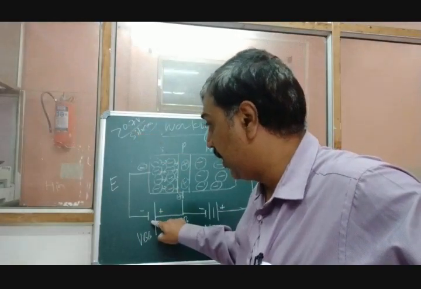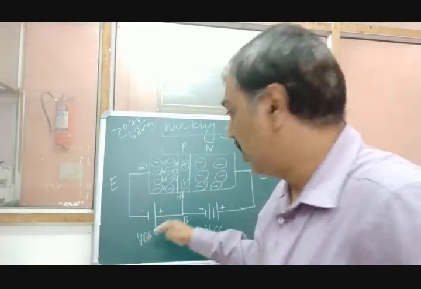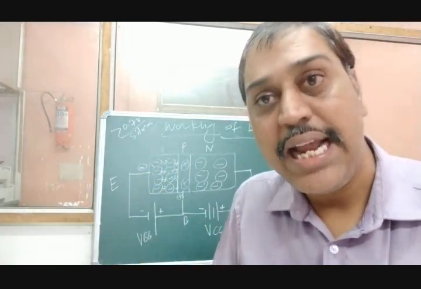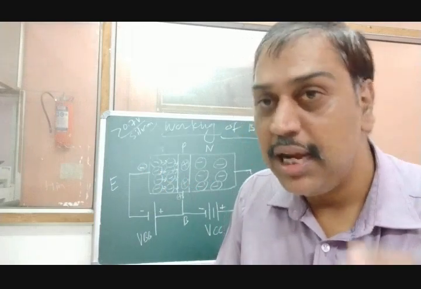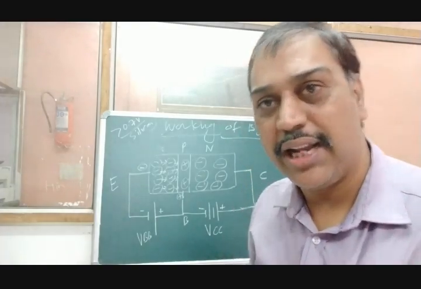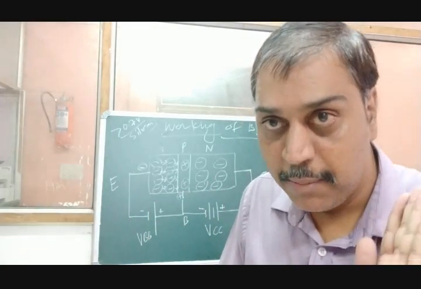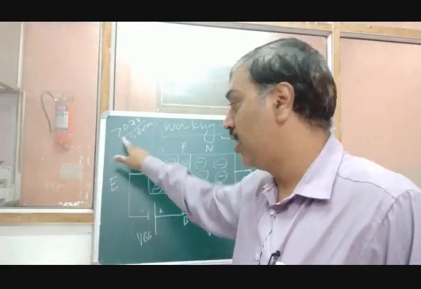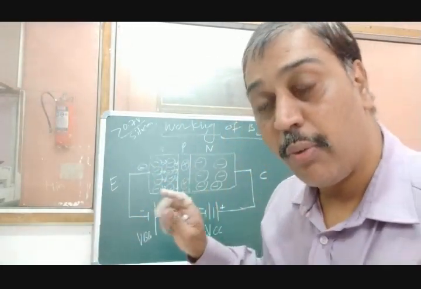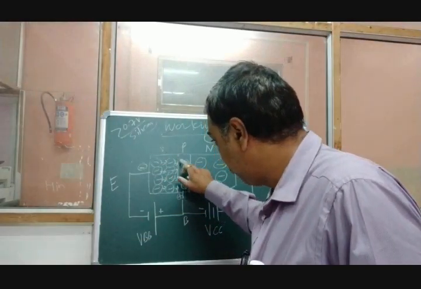When we apply a voltage greater than 0.7 volt, the electrons get more energy from the battery and try to push into this region. At the same time, holes also try to push into this region, but only if the voltage is greater than 0.7. If the voltage is less than 0.7, they will move toward the junction, but they don't have sufficient energy to break it. But if the voltage is greater than 0.7, they have sufficient energy to break this junction. And once the junction breaks, a large number of electrons enter this base.